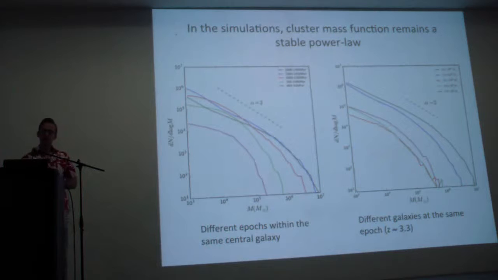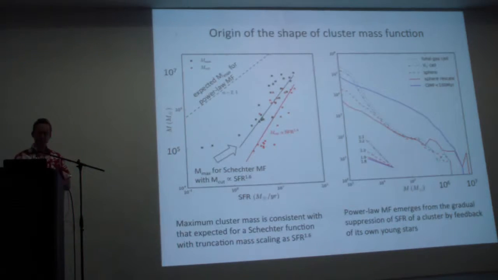We see that the shape of the mass function of these young star clusters is universal in simulations as well. These are results within the same galaxy at different times, just the normalization goes up, but the mass function stays similar. These are results for different galaxies at the same time, and again, except for the normalization, they show the same shape of the mass function. There is some robust result that the mass function does look like a truncated power law. And this may be that emergent phenomenon that we talked about at the very beginning of this conference.